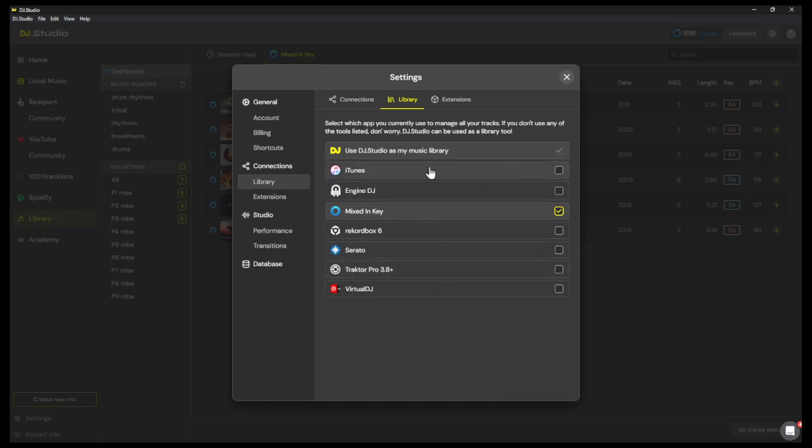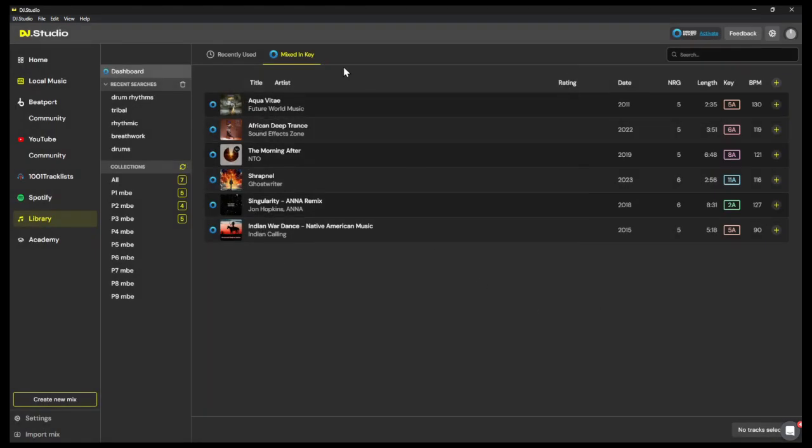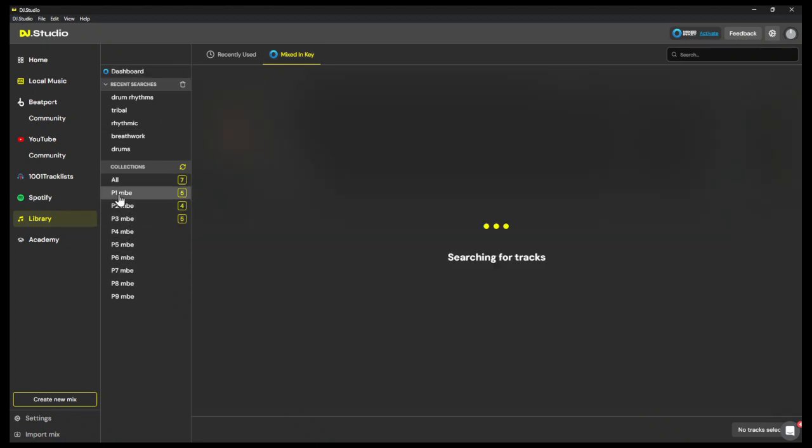So if you're an iTunes user, you could use iTunes to organize your music tracks, and various other ones as well. I've only got the Mixed In Key, but what that does now is it adds this Mixed In Key tab into the library section, and you can see that it's now pulled in all of these playlists that I've created in Mixed In Key,